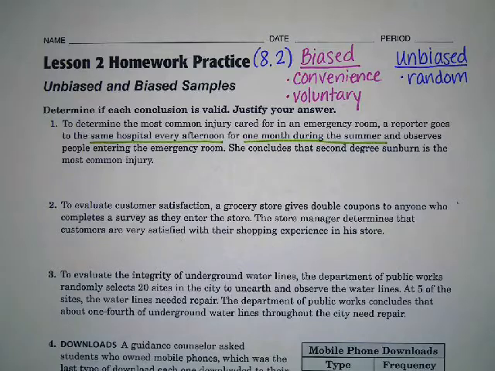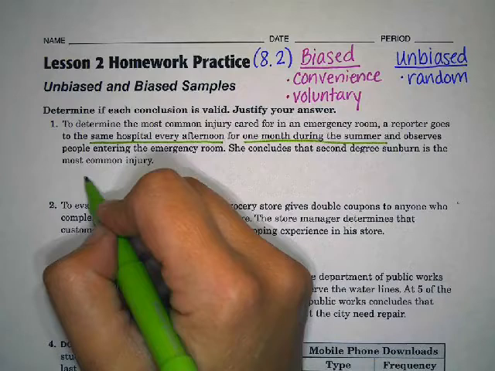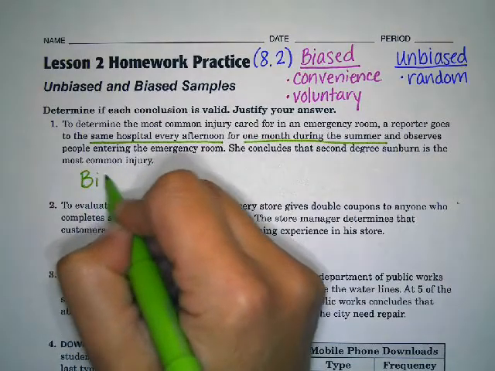Well, what she's concluding is that 2nd-degree sunburn is the most common injury. Is that for the injury for the whole hospital year-round, or is she only saying for that month? So it really depends on what she's asking, and it doesn't say that. So I would say that this would be biased